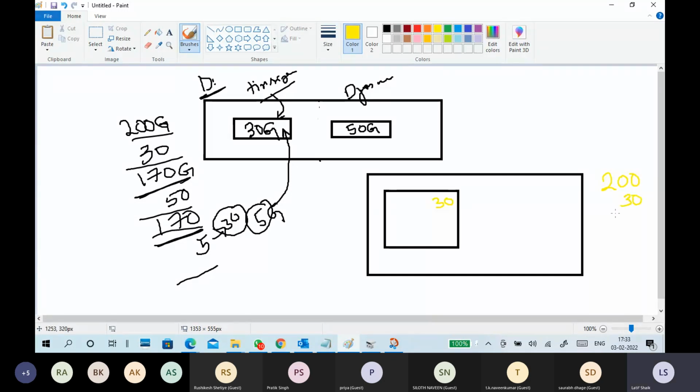Then the remaining area available is 170. Now you put a small container inside this one. The value of this one is only 5.